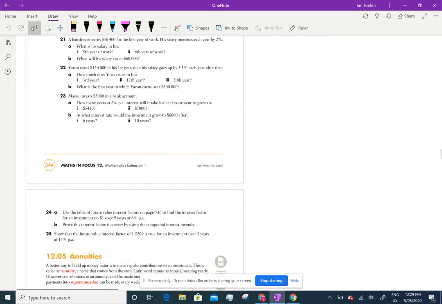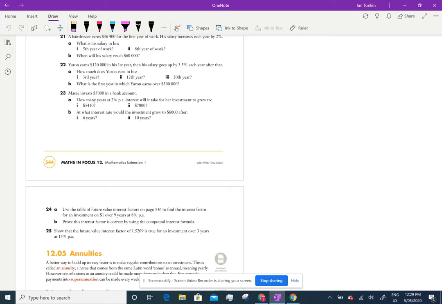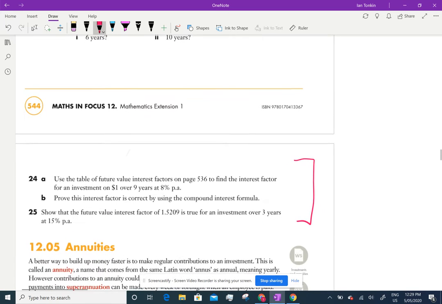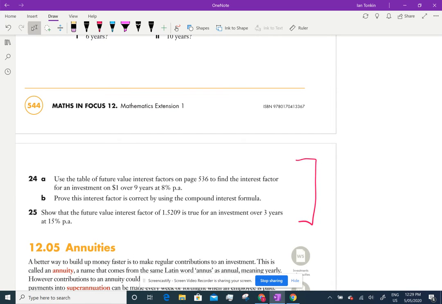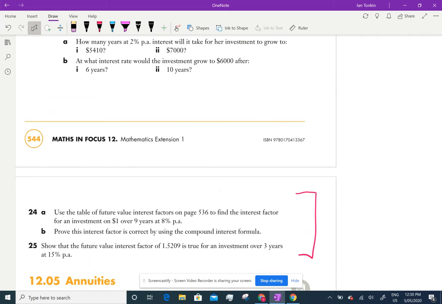and I want to have a look at these two questions here, questions 24 and 25. Now, the reason why they have the tables is because people have difficulty with the formula. So I'm just going to do part B of this. I'll do two parts. Use the table of future values, interest factors on page 536 to find the interest factor for $1 over 9 years at 8%. So this is 24,